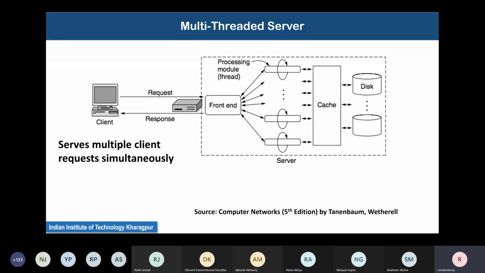If you have taken operating systems, or you are already taking it, there is a parent process, and from the parent process, child processes can be forked. Child processes can be created. So from a parent process, you create a child process, a copy of itself, and ask that child process to please handle this new request. In the meantime, I will go back to listening to this port for new incoming requests.